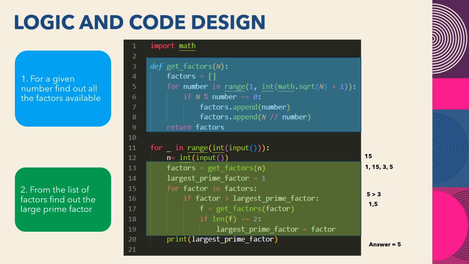Why are you adding 1? Because range will not consider that particular number, it will consider n minus 1, right? That's why we are making it plus 1, and then we'll convert it into an integer. So even for a large number, like 100, it becomes 10, right? The square root of 100 is 10. The square root of 1 million is nothing but 1000. So it is very good. I mean, you are optimized